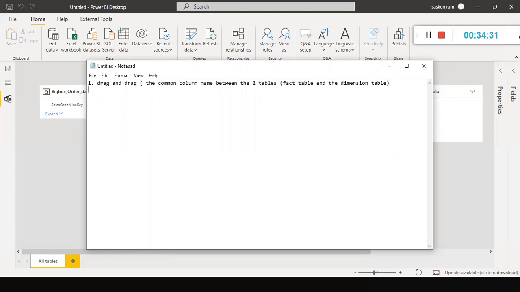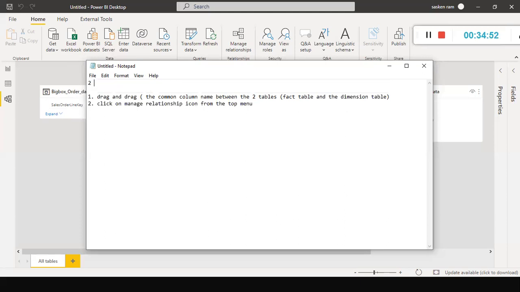The second method is, we can click on the manage relationship icon from the top menu. Got it.